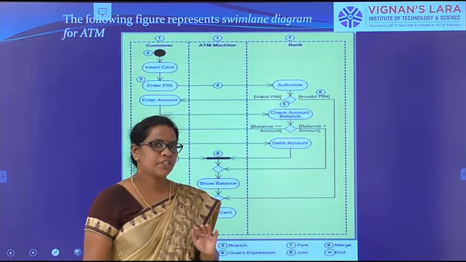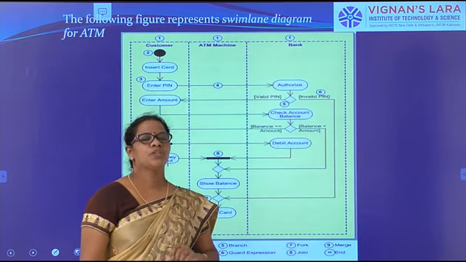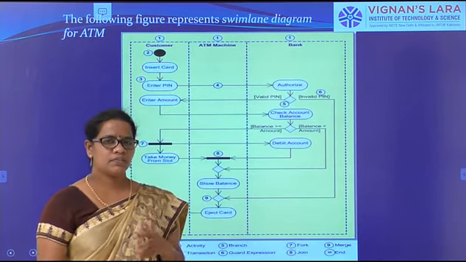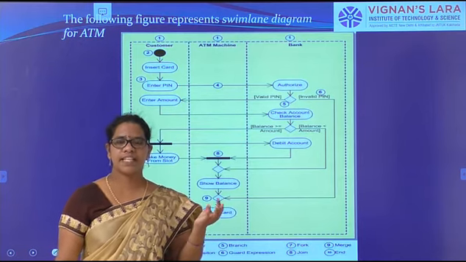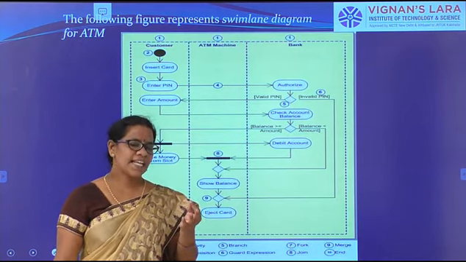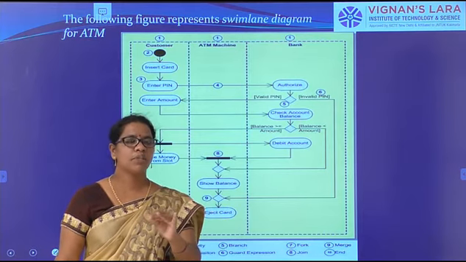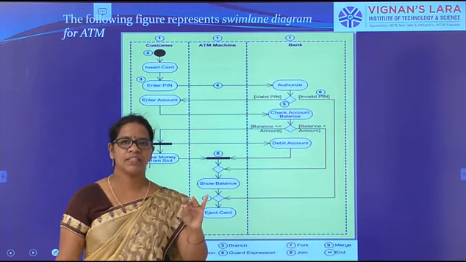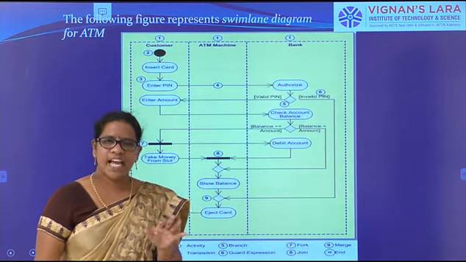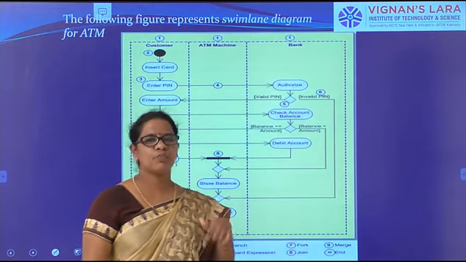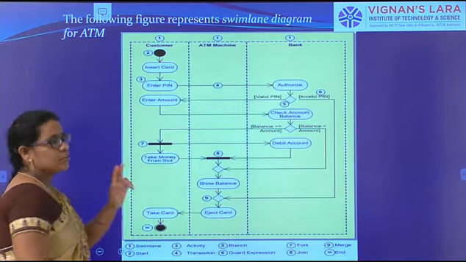The example given is the ATM machine, that's why I am explaining the ATM machine. In the ATM machine, who are interacting? First the user, the customer. Next is the ATM machine. Whatever transactions we do with the ATM machine will also change in the bank, because the database is held by the bank. Without the bank, the ATM will not work. You must have a bank account. That means the bank is also responsible for whatever transactions we do with the ATM machine. So those are the responsibilities.